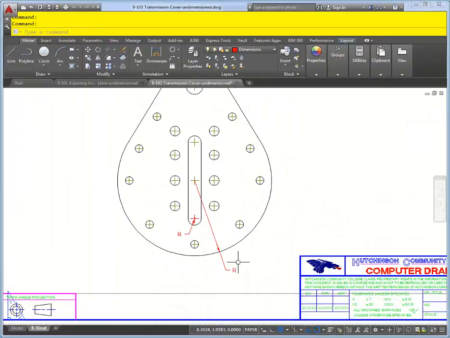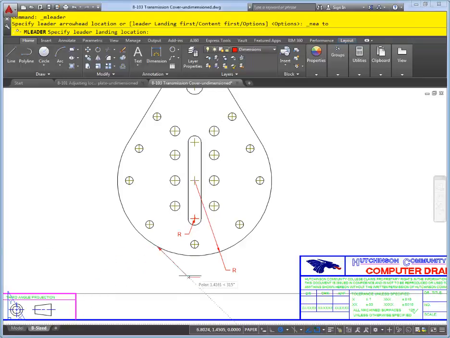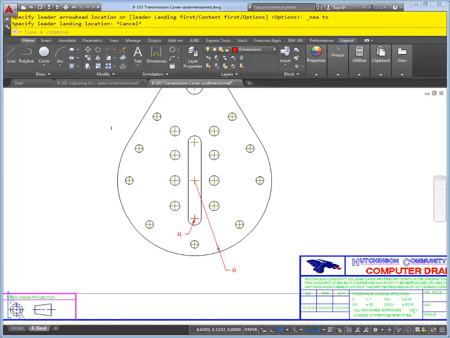And in order to do this, you could use the regular leader tool. I don't like using the leader tool because of something I mentioned the other day, and that is that a leader should always be pointing towards the center of the arc shape that you're working with. So with a leader, I'm able to do a lot of other things other than point to the center. So I'm going to recommend that you guys use the actual radius tool,